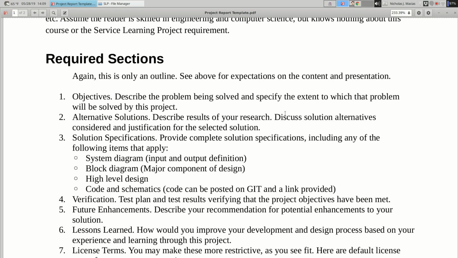So, organize it and present it in whatever way you think efficiently lets somebody understand the inner and outer workings of your project. And then verification, right? So you're trying to make an automated yogurt stirrer. I can't say yogurt stirrer without saying yoga. Trying to make this automated stirring system, right? Does it work? How do you know? How do you test it? Well, I bought 12 yogurts and I put them in the fridge and I took them out and 10 of them were nicely stirred up and one had exploded and the other one vanished, right? So basically, what was your test plan, right? And how did it work?